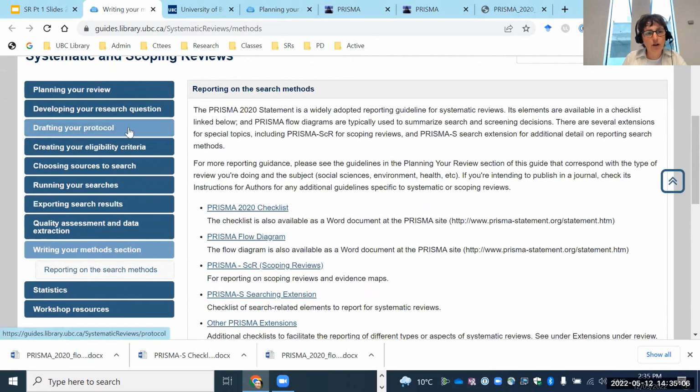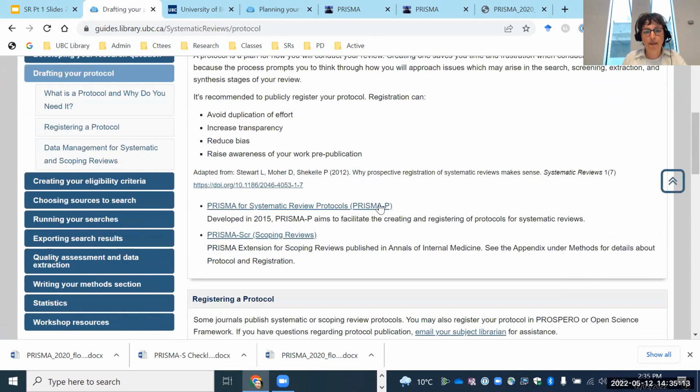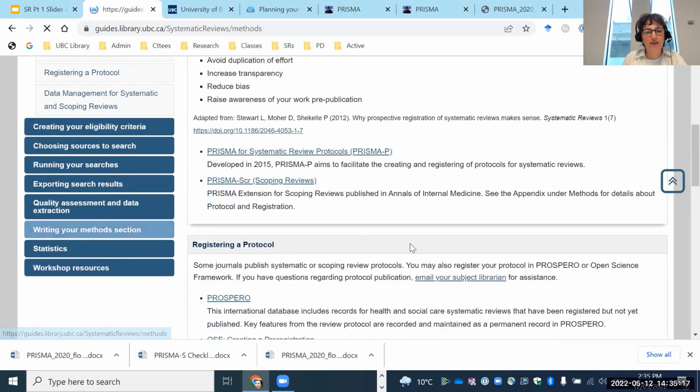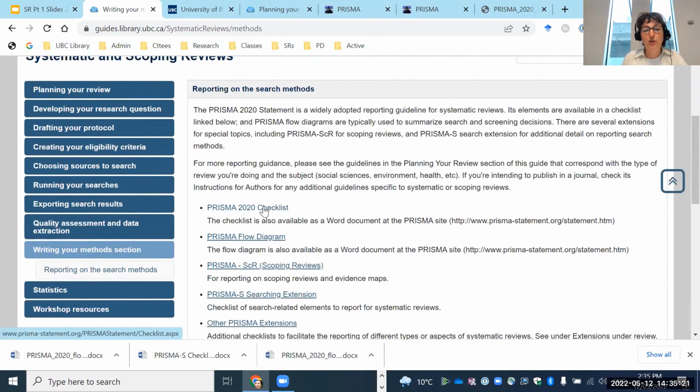So the protocol, the PRISMA-P is here under drafting your protocol, and you can see that more in depth here. And then under the Writing the Methods section, we can see, for example, the PRISMA 2020 checklist. It's going to open that one up